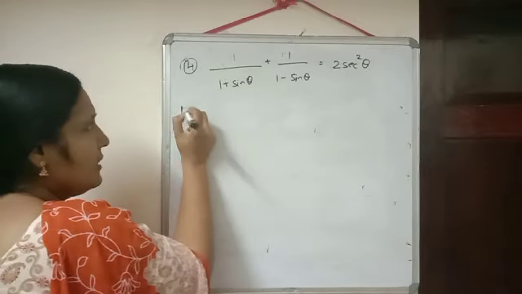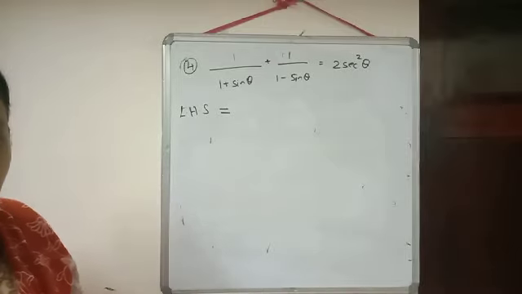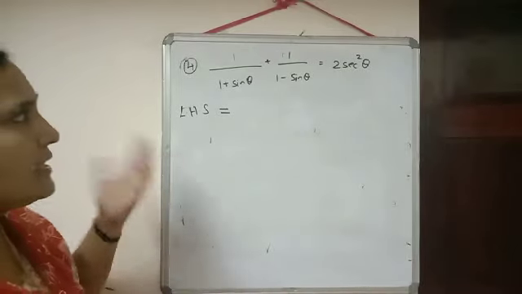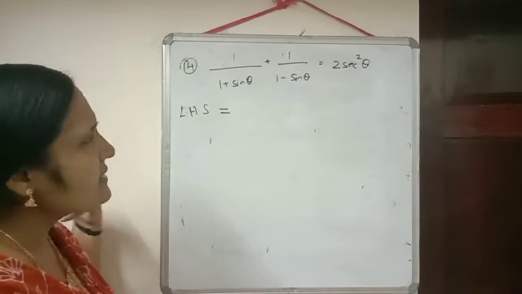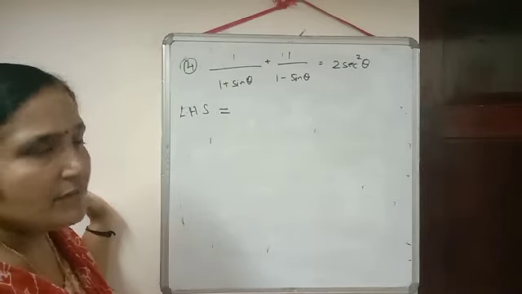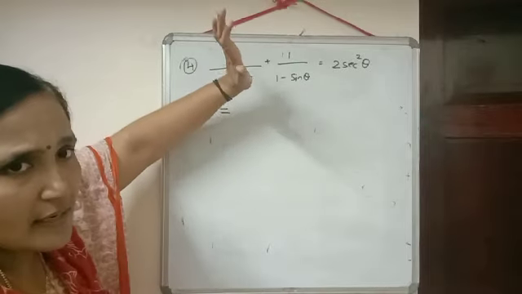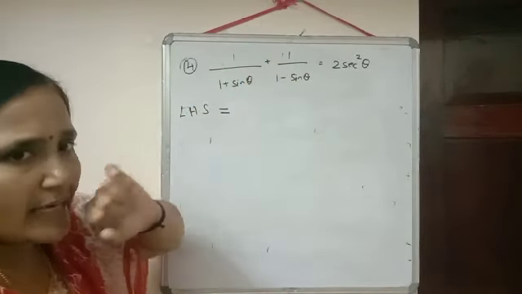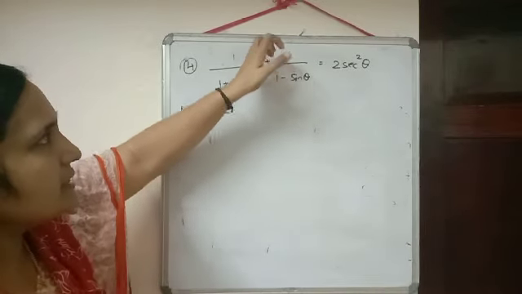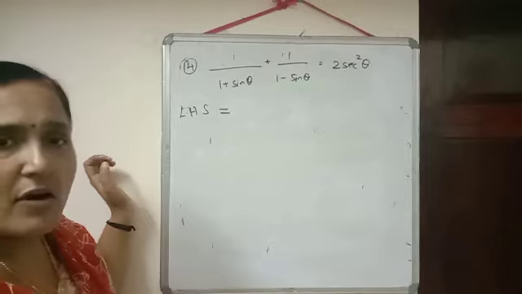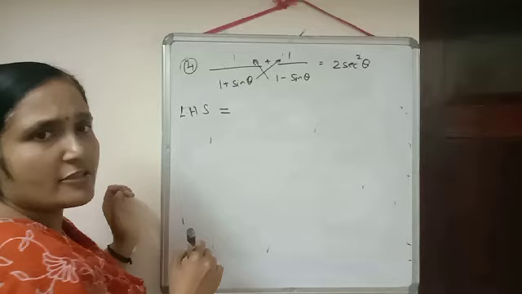Okay. Now write down left hand side. Now what we have here, we cannot use any identity because identity we can use when it will come in terms of square there. Here we don't have a square. So what is the method which we can use here? Which type of numbers you are getting here? Yes, we have numerator and denominator here. So it is in the form of fraction there. So when fractions are there in addition, how we are doing the addition? Yes, we are doing the cross multiplication. So same concept I am going to use here. We are doing the cross multiplication.